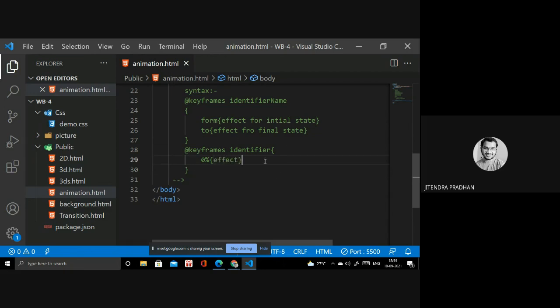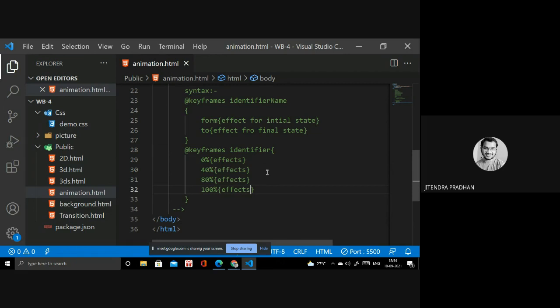And next we have 40%, write effects also. Okay, and we have 80%. You can apply any percent, it is not an issue, according to your requirement you have to apply. Okay, I will show you how it works. The last one we have is 100%.